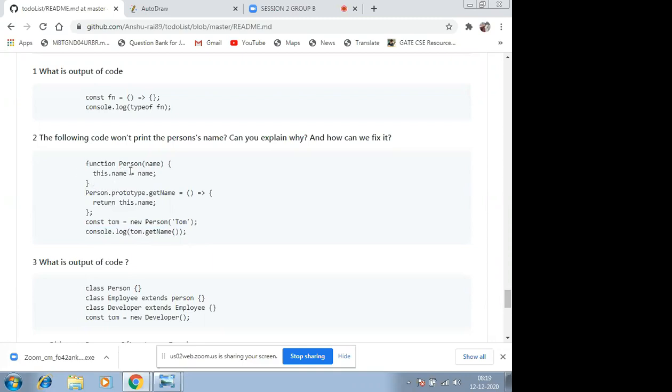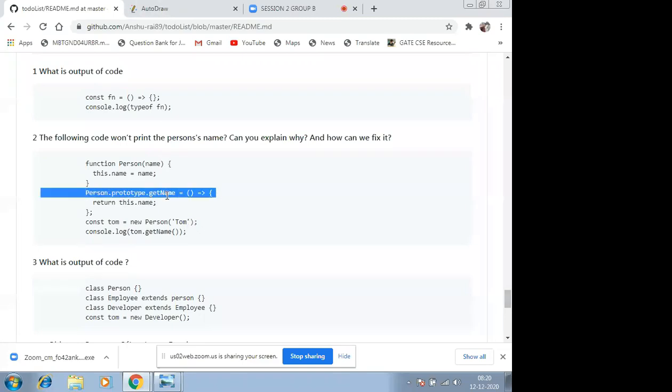The answer was pretty simple, because inside our Person, I'm setting the name in my window object, and right now here I am trying to access it in the prototype object. So that's why this will return undefined. getName is not in Person; getName is inside the Person prototype object. But if we use prototype, the person can use getName, right? Yes, Person can use getName.